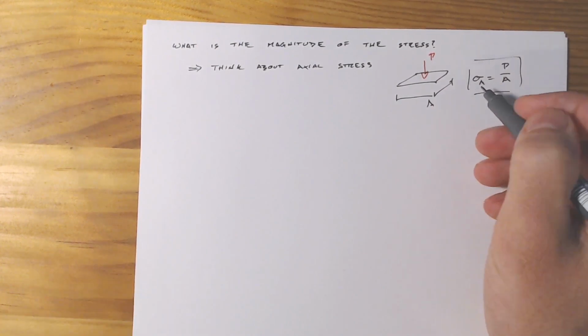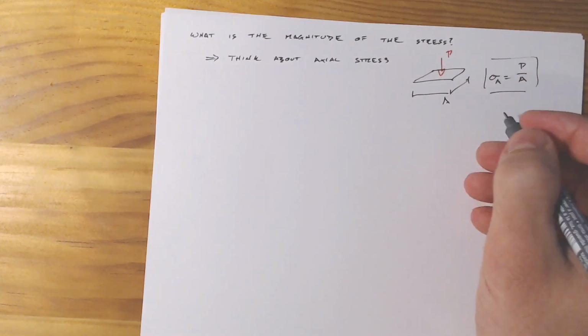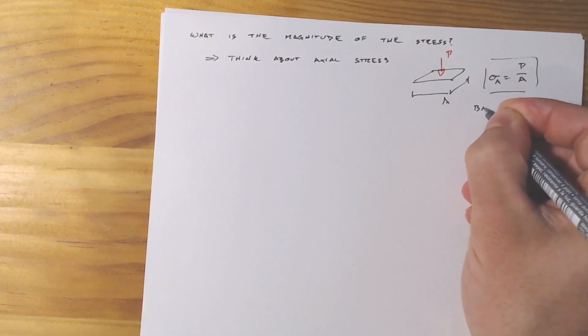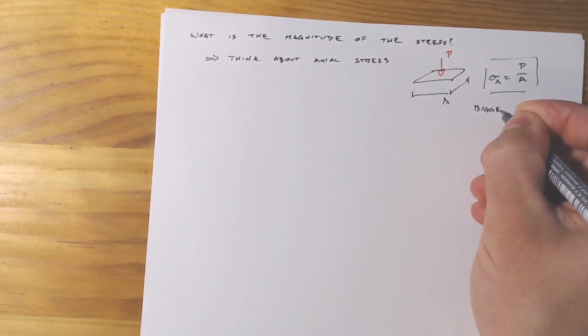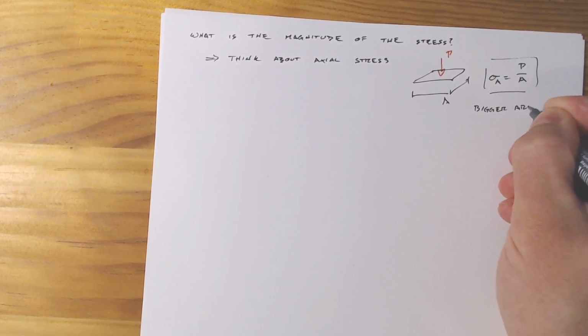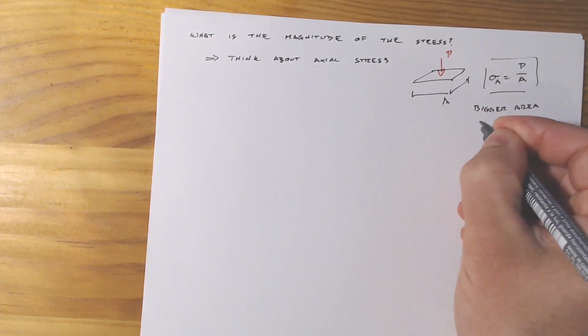So if we want to reduce our axial stress, we need a bigger area. So bigger area